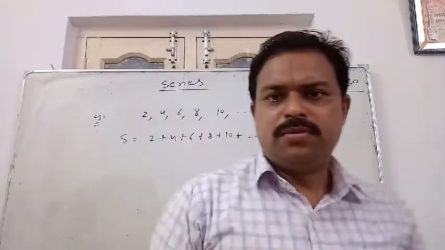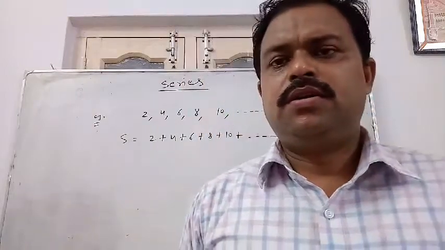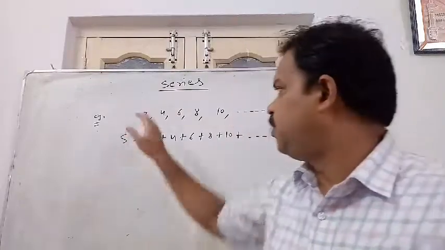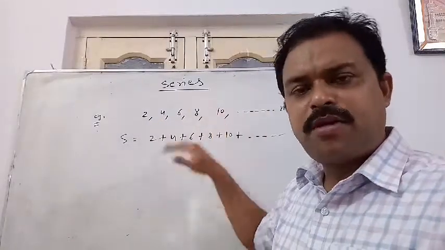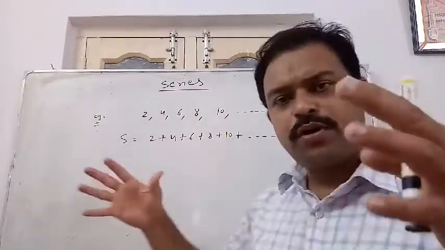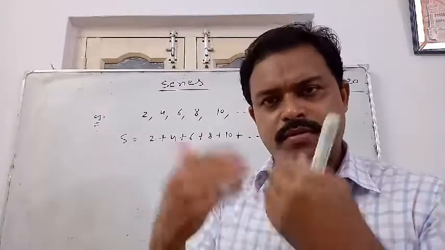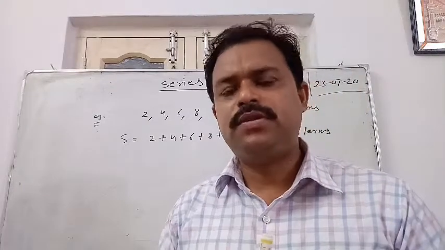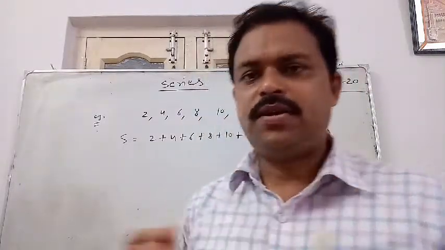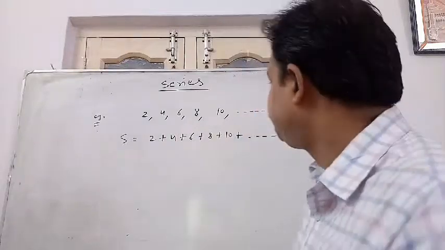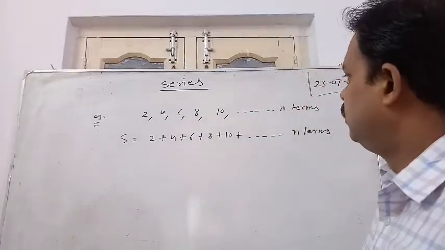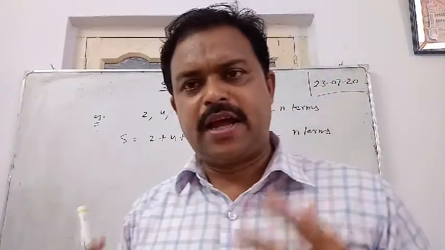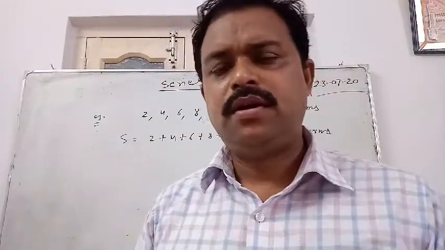So these are the two possible questions the examiner uses to ask. Either print the series, you have to print the values. Sum of the series means you have to add all those values and then display the final result. That is called sum of series. So printing the series or calculating the sum of the series is not a big task.